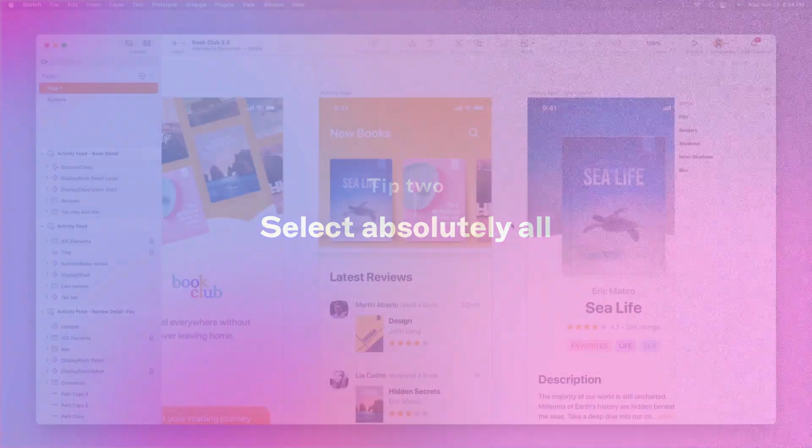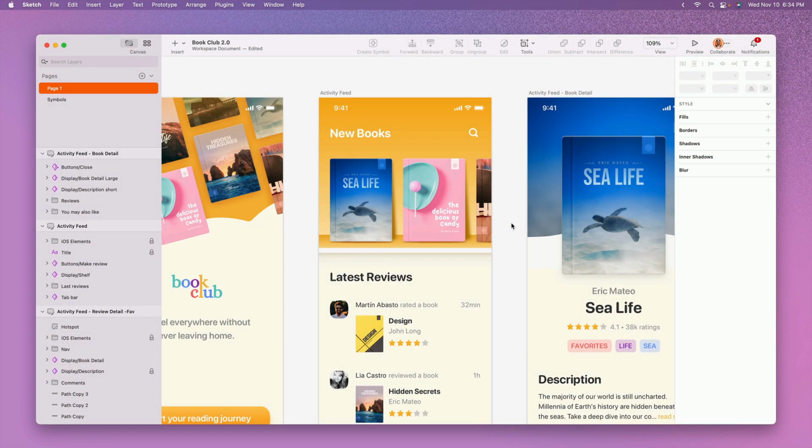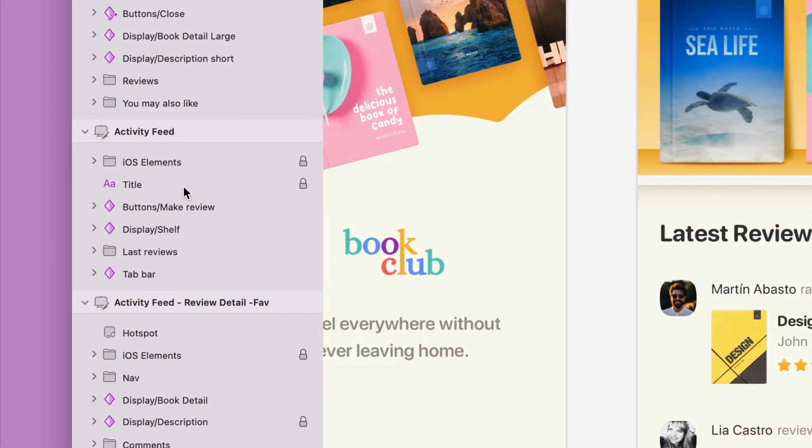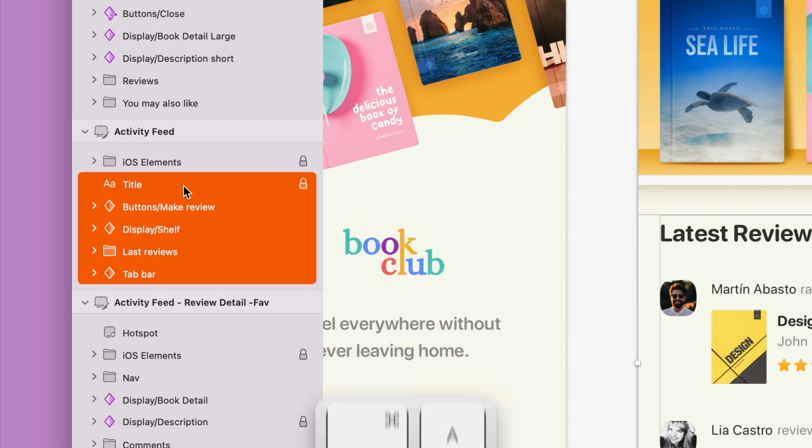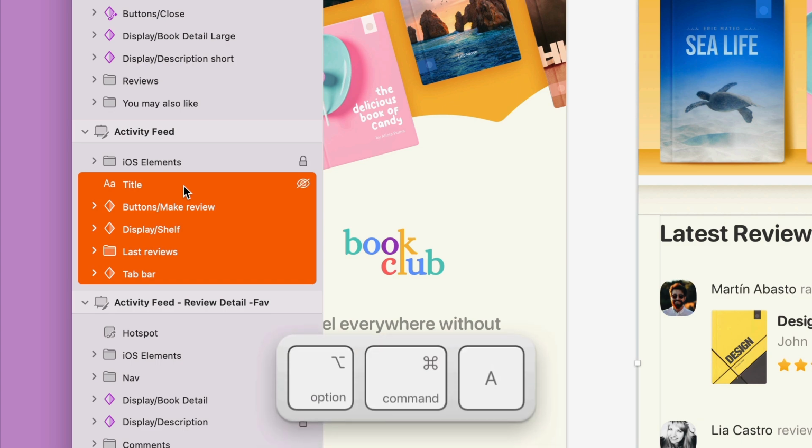Locking and hiding layers has always been a great way to avoid selecting things accidentally, but sometimes you already have a locked layer selected. For example, I can click a layer on the layers list to add it to my selection, and in the past, if I were to hit Command A for select all, it would deselect the layer that I already have selected because it's locked. Now, Command A will respect if a locked layer or locked layers are already selected and will only add to that selection. Any locked or hidden layers that weren't already selected will be ignored, but there's a new menu item for select all layers with hidden and locked layers included. And the keyboard shortcut for that is Option Command A.